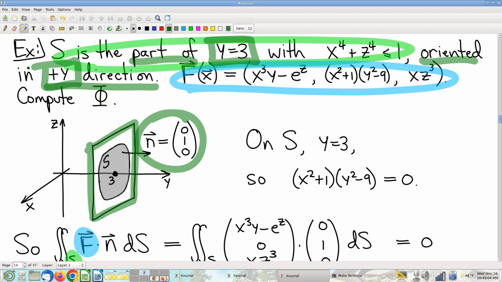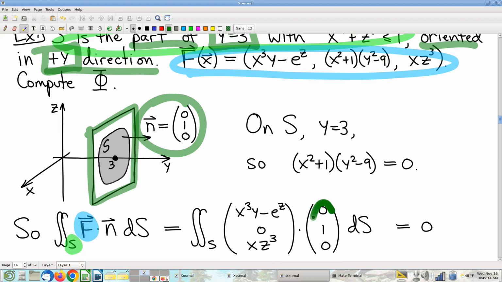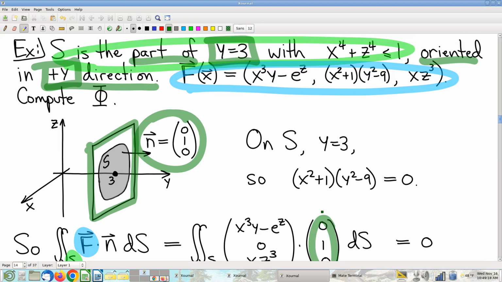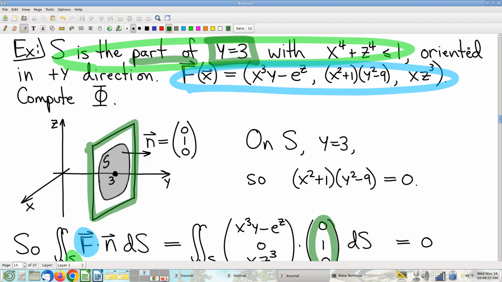And again, gotta love that plane. Normal vector is obviously just 0, 1, 0. Okay. So that's nice. I'll write that down immediately. Here's the other nice thing about it being part of the plane y equals 3. The fact that y is equal to 3